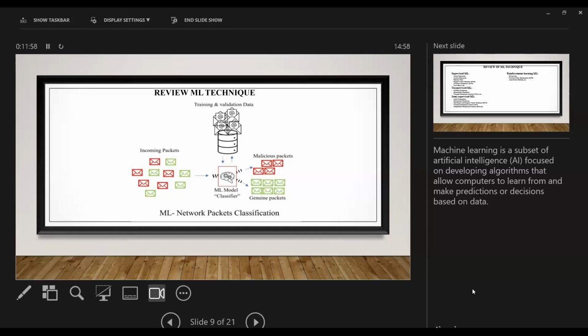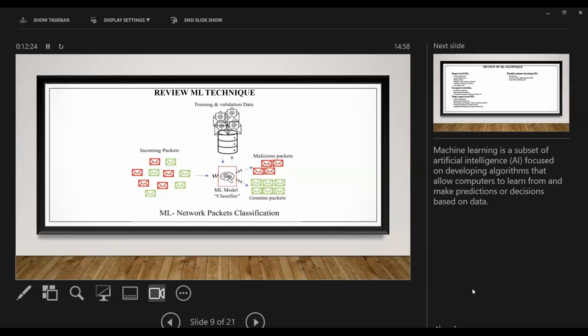And it is based on the training and validation data that is provided to it while the model is running. So it depends upon the amount of incoming packets and, at the same time, the features or parameters that you had provided. And when you run the model, it also depends upon the amount of training you had provided on the existing data.